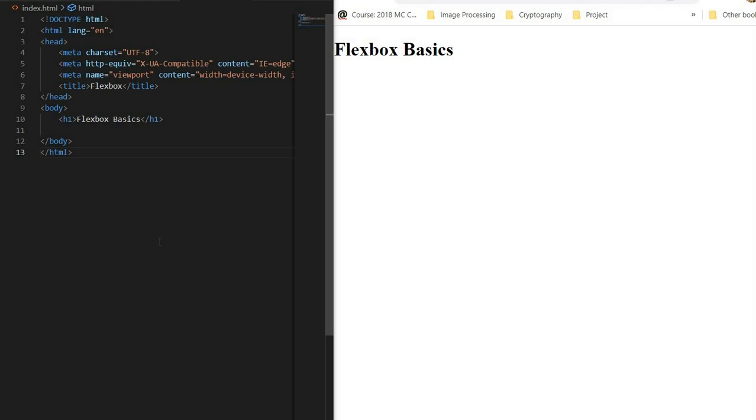So Flexbox is a one-dimensional layout system that we can use to create a row or a column axis layout. It makes our life easier when we're trying to design and build responsive web pages without having to use many tricky CSS hacks that can get us into a lot of trouble. So Flexbox is a very easy to use tool and really makes your life easier when you're trying to build